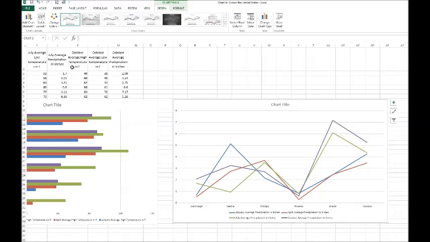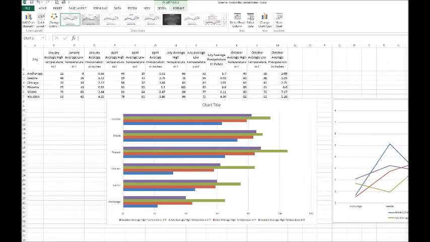All we did was select the data that we wanted included and tell Excel to create the graph, and it has created our key showing us that this is January and the cities are listed here, and then this is July and April and October, so it's showing you the change over time for each of these cities in their precipitation. Okay, once again I'm going to save this,